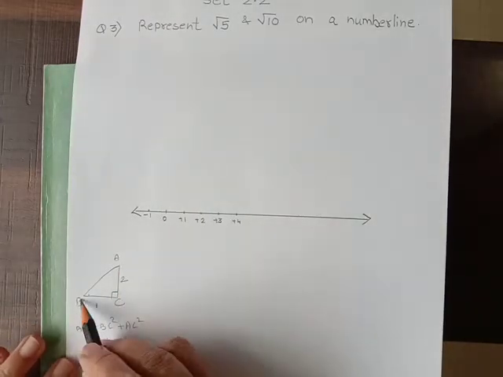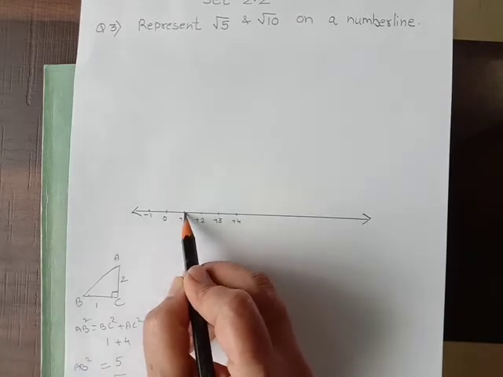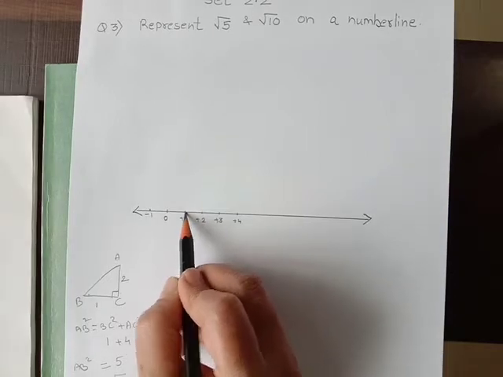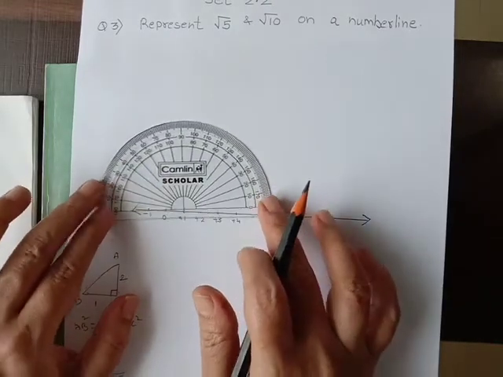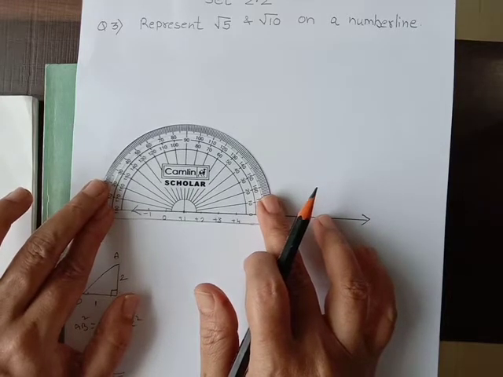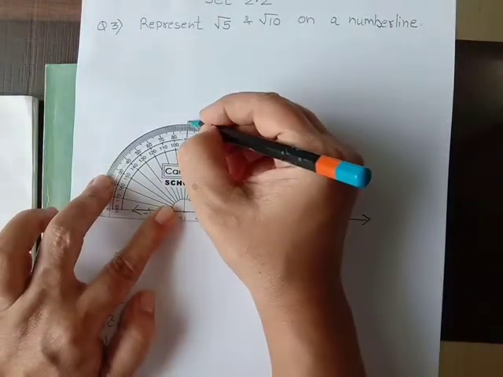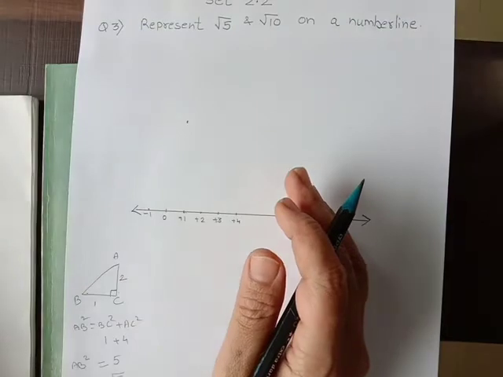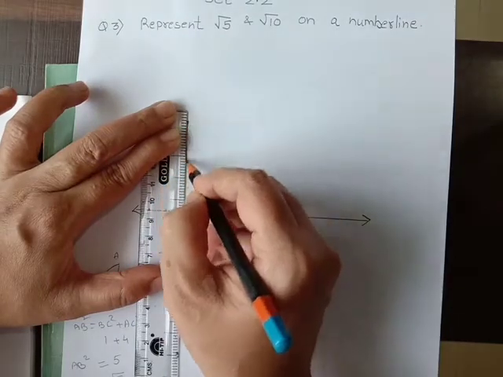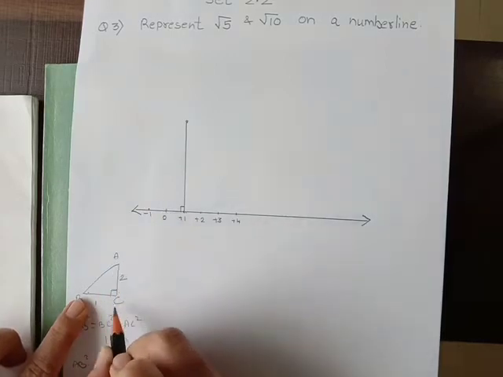So I am going to draw a perpendicular from, this is our C point, you imagine, this is 1 centimeter. So this is B and this is C. From here I am going to draw a perpendicular line with the help of a protractor. So from 1 I am going to draw a 90 degree angle straight line, that is a perpendicular, from 1 centimeter. You can draw a perpendicular with the help of a compass also, which we have seen in earlier videos. So this is your 90 degree. This is your point B now. And this is your point C.